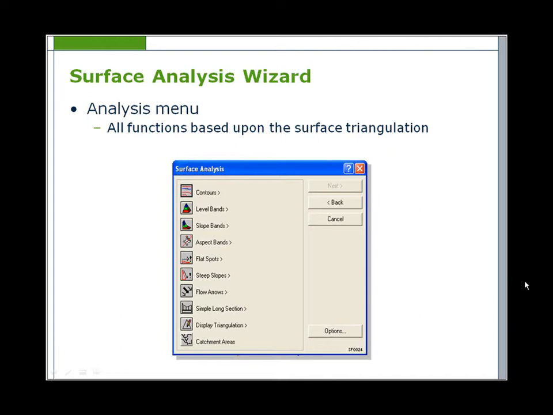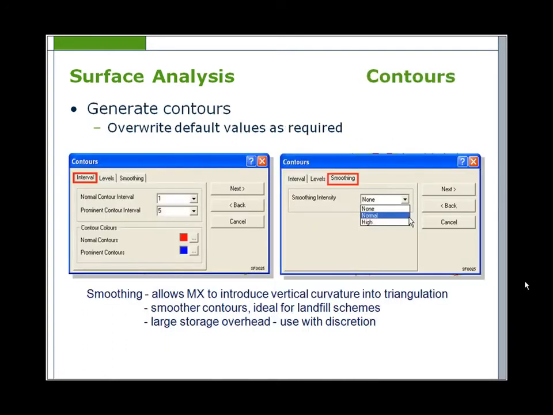Flow arrows show you which way the ground is falling. Draw a simple long section will obviously draw a long section. Then there's display the triangulation and catchment areas. So on here we're going to select contours,